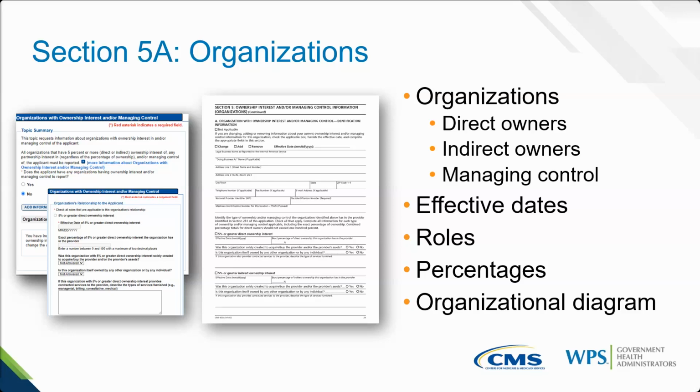It can get a little tricky with indirect owners because you have to calculate the percentage of ownership they have in the direct owner, and that kind of distills it down into how much ownership you have of the enrolling provider. The other piece is that